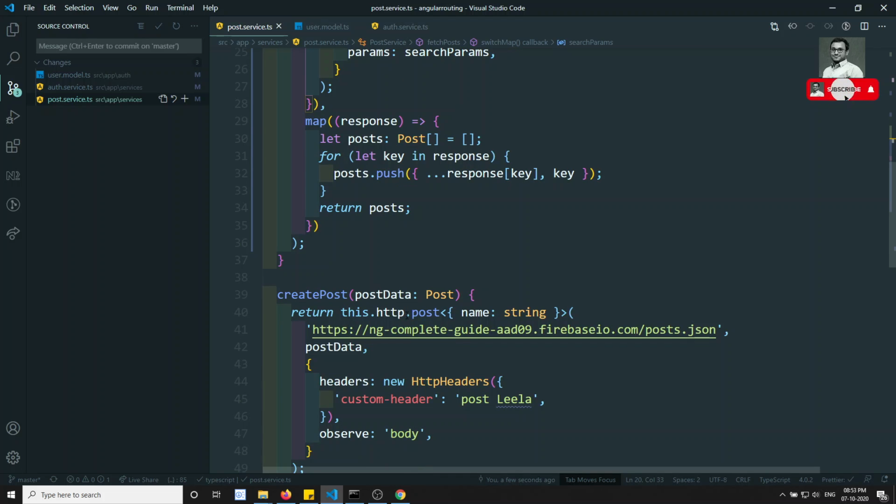This looks somewhat tedious. Using the user subject subscribe all the time looks like repetitive, somewhat hard code. This is the place where we can use the help of an interceptor. You write the code in one place, and whenever we do an HTTP call, the interceptor will append the auth parameter. So in the next video, we will use the interceptor and move all this logic there, and the interceptor will take care of appending the auth token whenever it makes an HTTP request. We will see that in the next video.